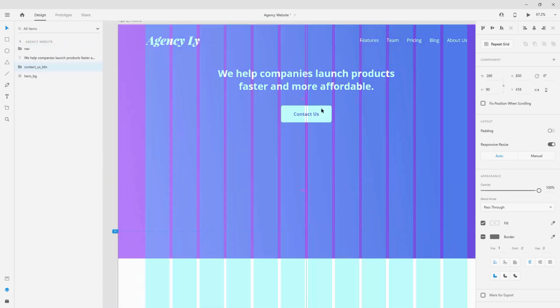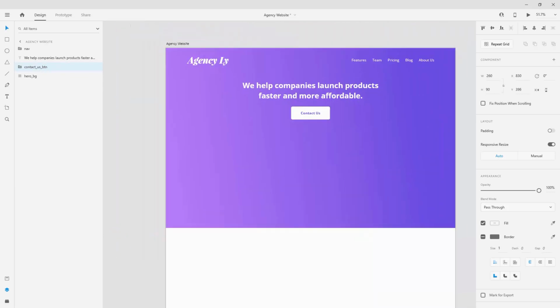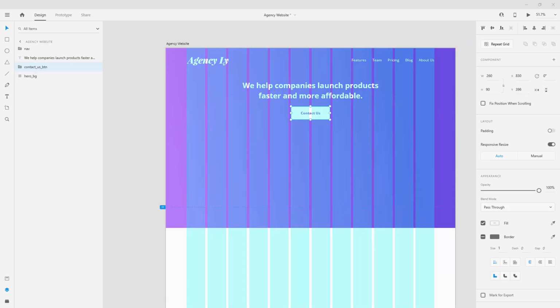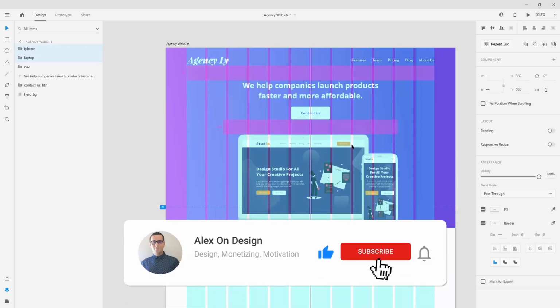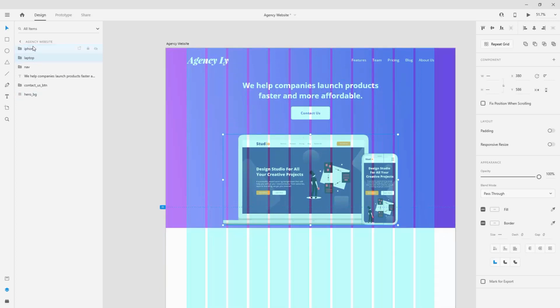Now I'm going to position it to be at 40 from this one. So right here. And next I'm going to need my mockups. So not to create these mockups, I'm going to paste them in, and I'm going to position this at 100, same like it was from this one. And I'm going to make some changes, reposition them right here. Make sure that the iPhone is above the laptop, because if I move it right here, it's going to disappear